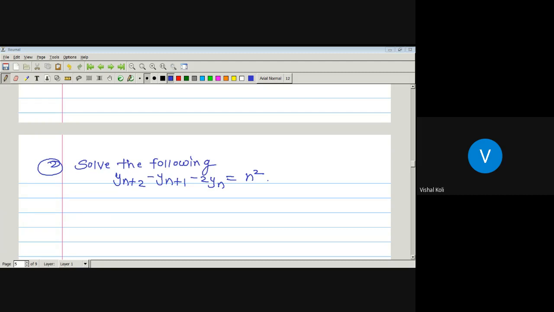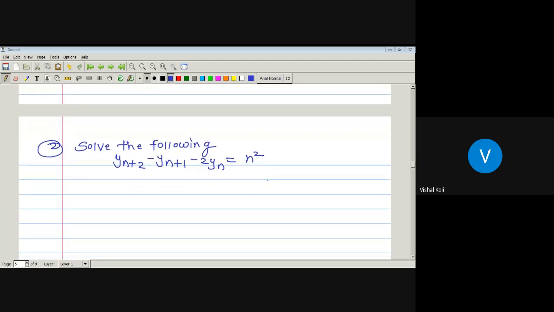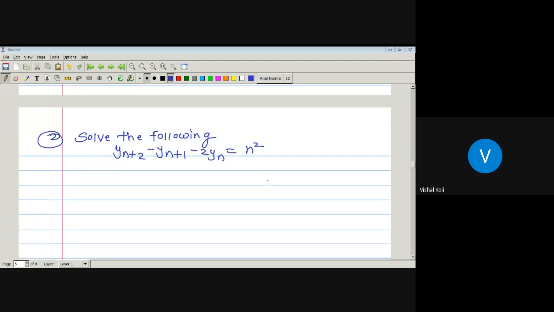First find out its homogeneous solution. After that, as we know the trial function, just put the trial function in our given recurrence relation. Then from that we will get the constant values in the trial function. Whenever we put the constant values in our trial function, it becomes our particular solution. Then sum the homogeneous solution plus the particular solution, and we will get our required general solution.